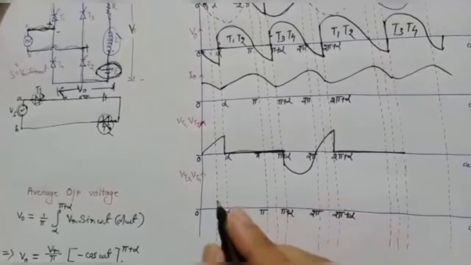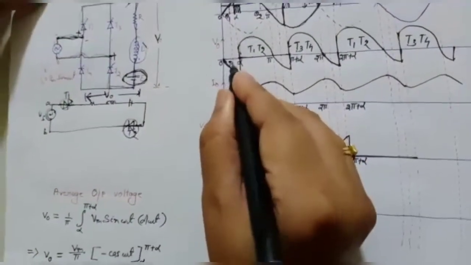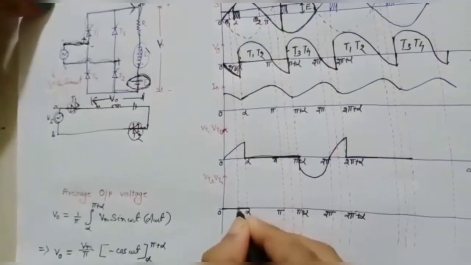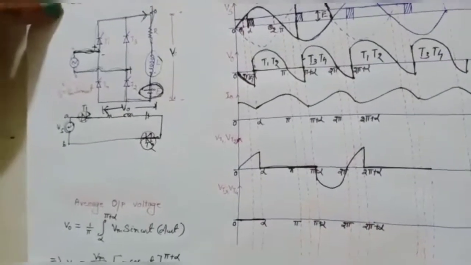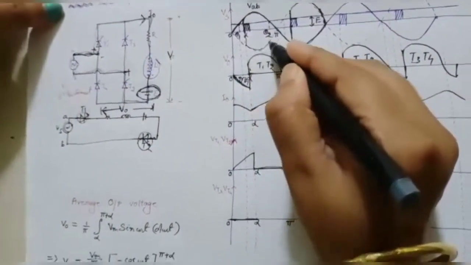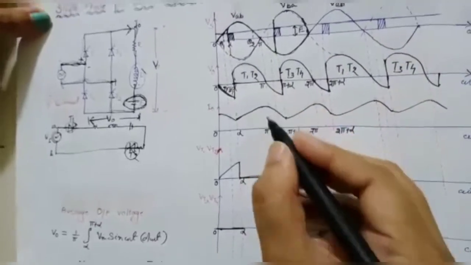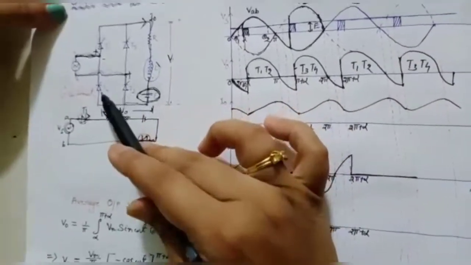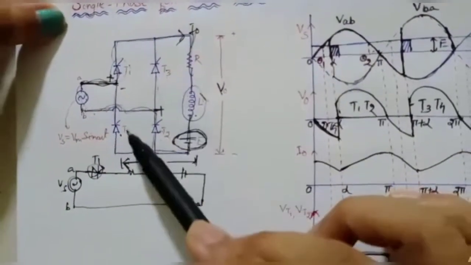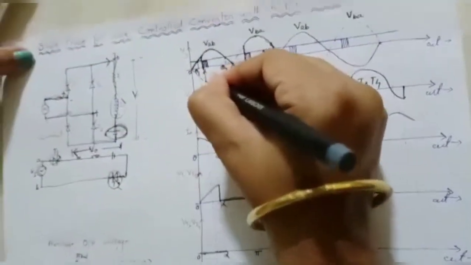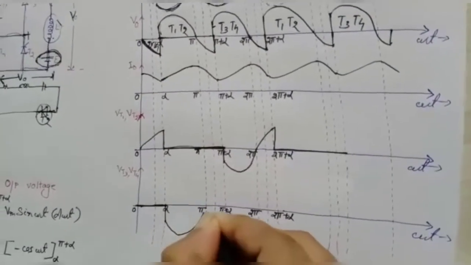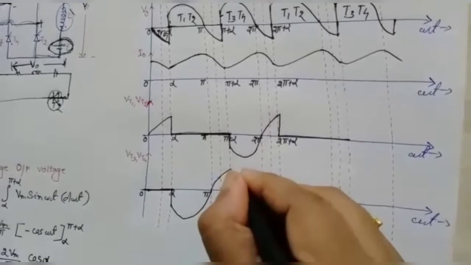Then if we go for T3 and T4, this initial portion is due to T3 and T4, means here T3 and T4 was conducting. So if it is conducting, its voltage must be 0. Then after that from this to this point we are having the negative voltage because T3 and T4 is in reverse bias condition there, because T1 and T2 is conducting from alpha to pi. So in that case T3 and T4 is in reverse bias condition. So this much of reverse voltage or VBA will appear across the device. After that it should be in forward blocking state.